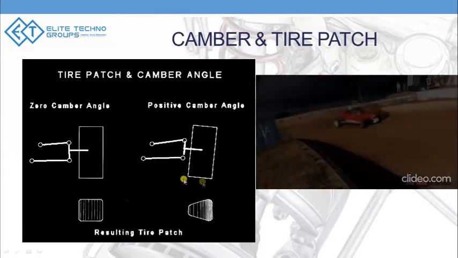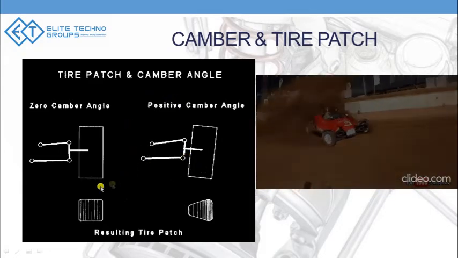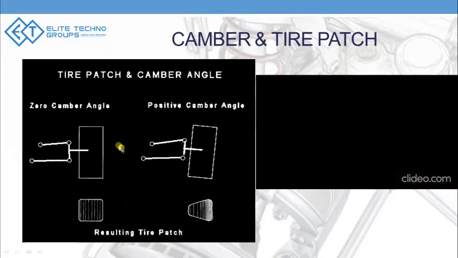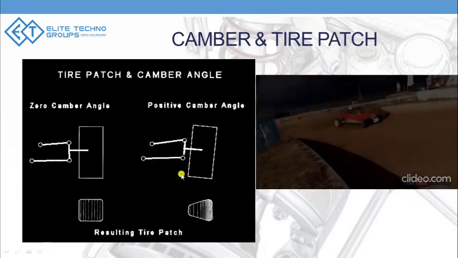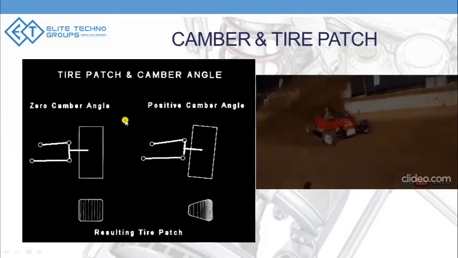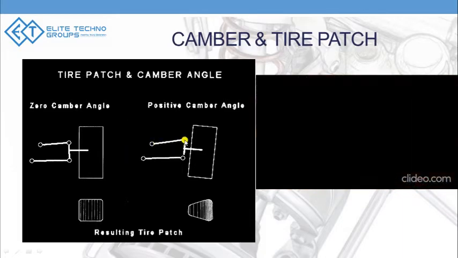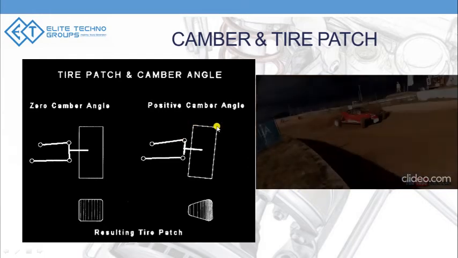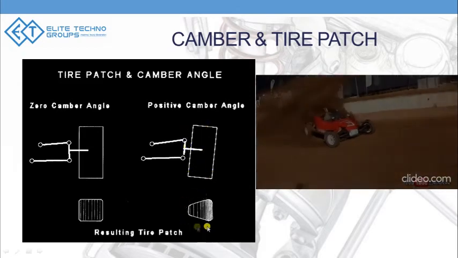So in the case of the truck example, the most vulnerable situation in which it needs to maintain a maximum road contact patch is when it's maximum loaded. When it's maximum loaded, it would start with a positive camber, and when the load keeps going up, the body of the truck would lower. The CG of the truck lowers because of the weight, and this lowering of the body would pull the upper arm towards the body, thereby pulling the top part of the wheel towards it, changing the road contact patch from a triangle to a square.